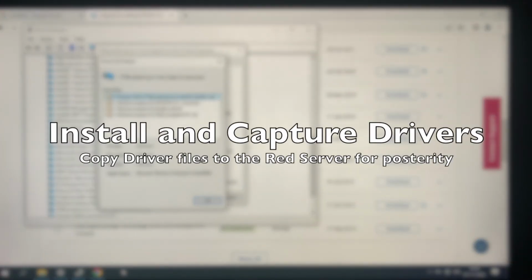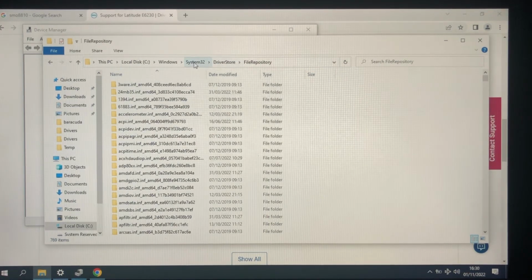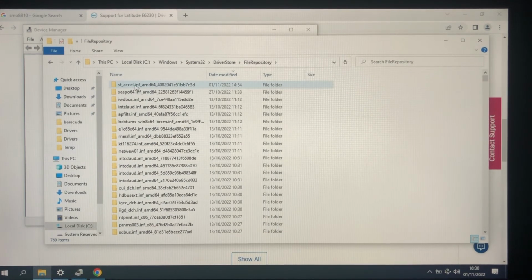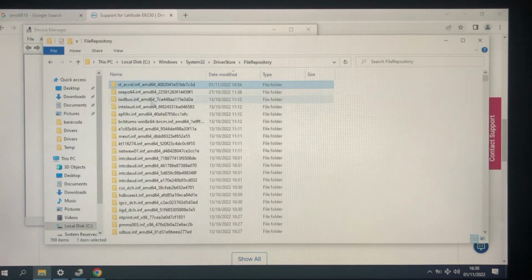Now all we have to do is get the driver package. That's the driver itself, the SYS, the INF file, and anything else that it needs. Notice that it's called stxl.sys. When it was installed it was printed to drivers, but that's not actually where it came from. It actually comes from System32 DriverStore FileRepository. Now the easiest way to find it is to sort it by date modified, and there you can see it's today. It's that one. And sure enough, there's the driver, and there's the INF file, there's the CAT file, which is the certificate, and very necessary. So all we do is copy that